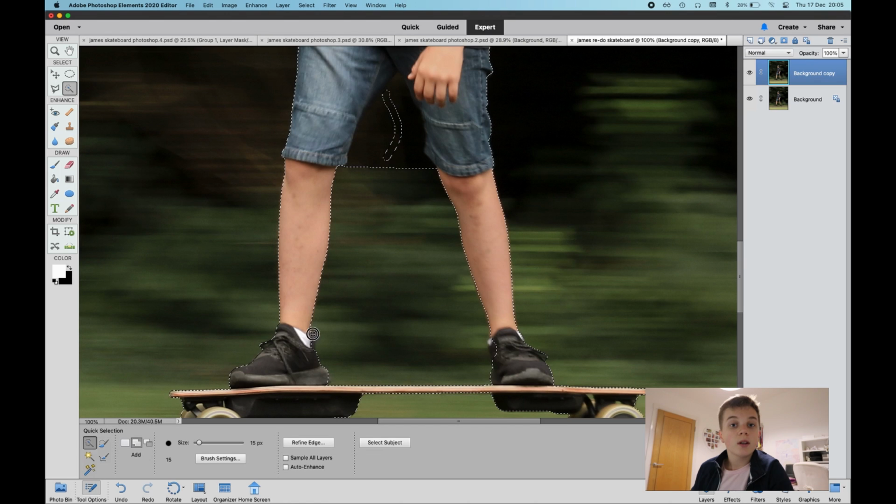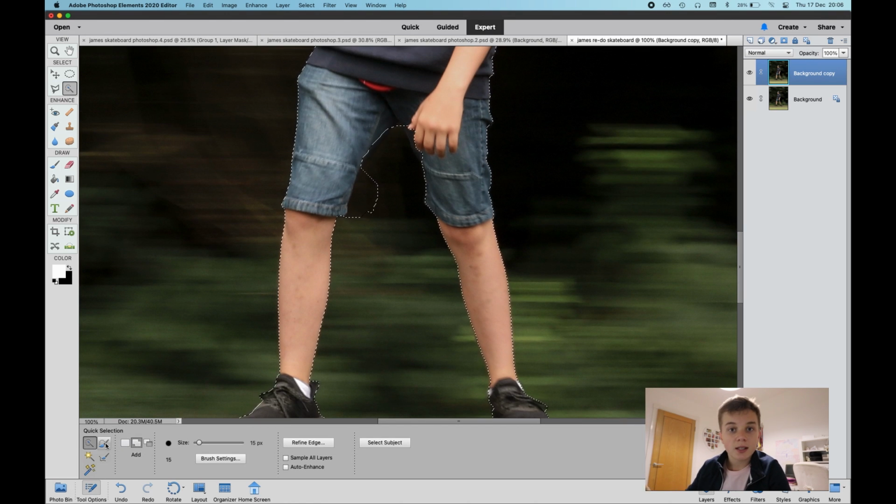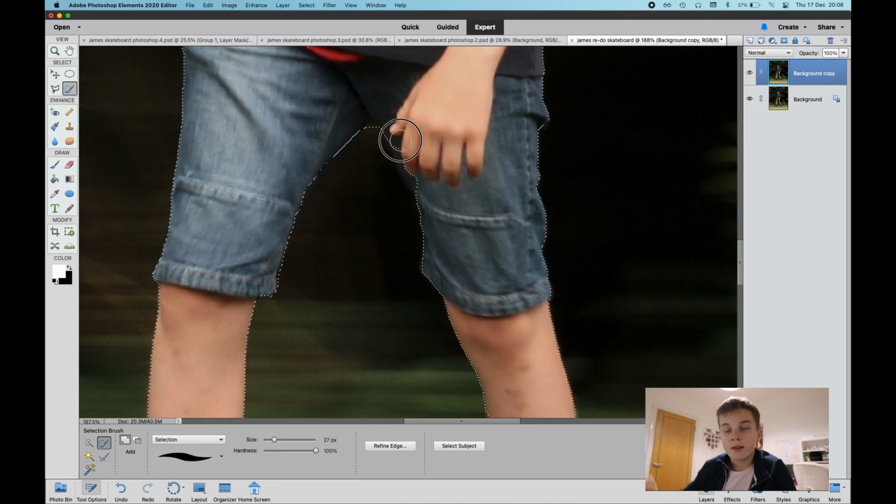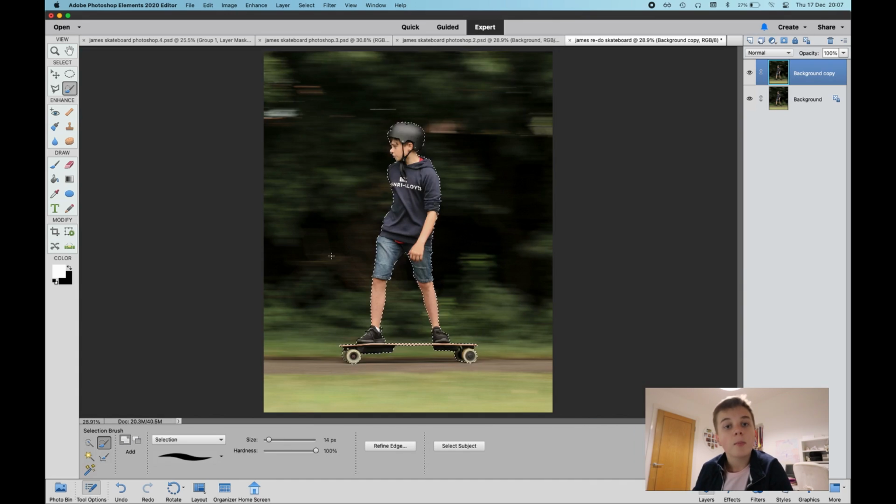Finally, once you've done your rough, quick selection, I then use the selection brush just to get it perfectly, as obviously automatically sometimes it can go a bit wrong. Once you've selected your subject, like me, I've got the bit in between his legs which I don't want to be moved around at all, so just hold Alt and that kind of creates another area, but that won't be